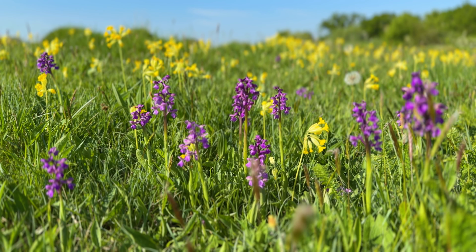I would say it's not as good now as it was in some of the previous visits. Numbers slightly down, could be something to do with what is undoubtedly now a drought that's kicking in. Still good numbers there, still good numbers, easy 1,000 plus. If I was critical, I'd say that 95% are not just purple, but are pretty much the same pattern and same form. So there's not so much variety here as you get in some of the other sites,